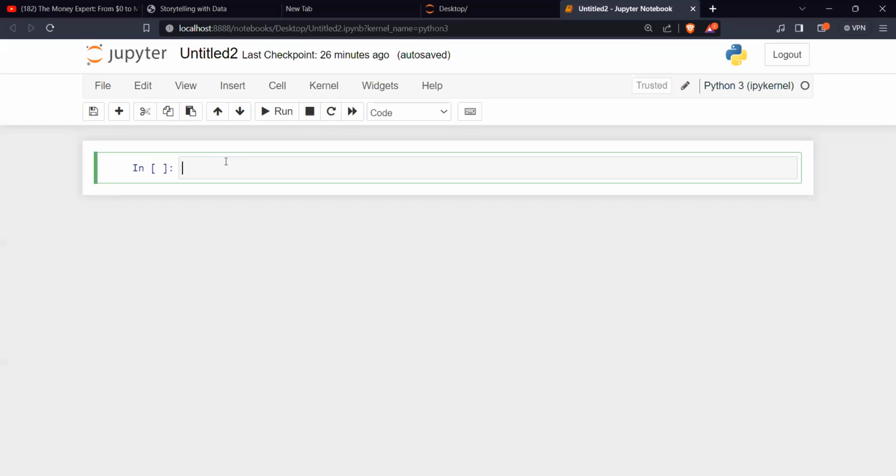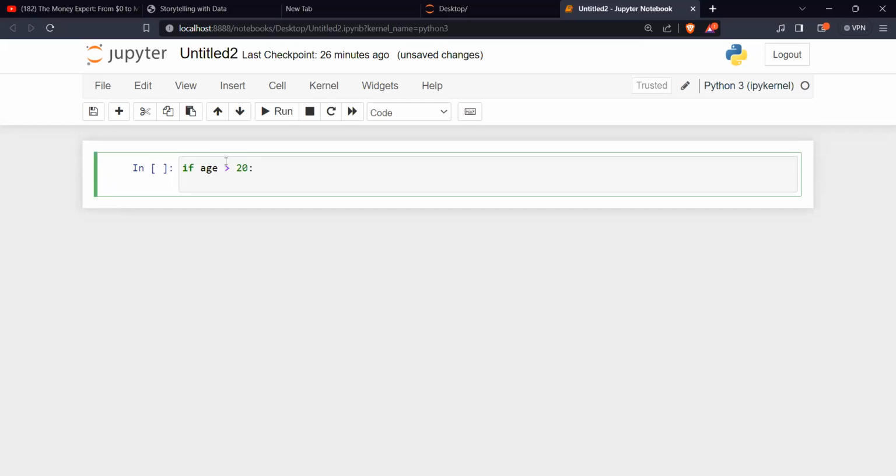For example, let's say our age: if age is greater than 20, print you are a youth.